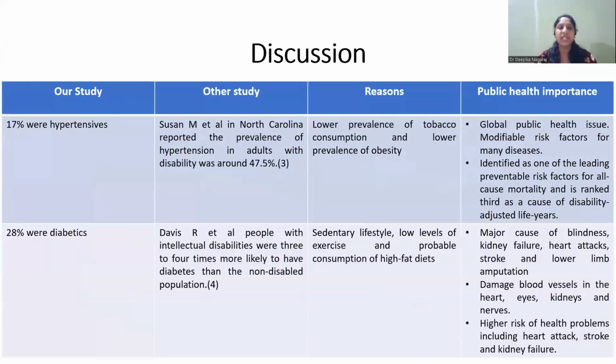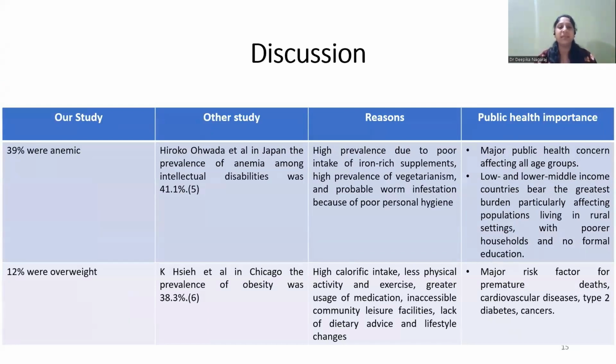Coming to the discussion, about 17% were hypertensive in our study, the reasons being low prevalence of tobacco consumption and obesity. About 28% were diabetic in our study, the reasons being sedentary lifestyle, low levels of exercise, and probable consumption of high fatty diets. About 39% were anemic in our study, which is almost similar to one of the studies